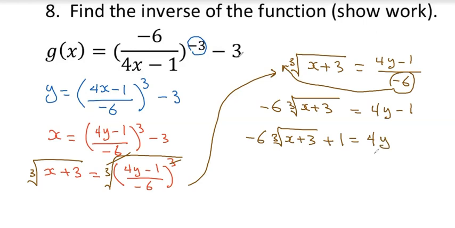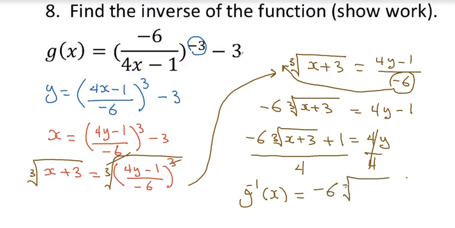Now I'm going to divide both sides by 4 and by 4. So now we isolated the y. And when it's the inverse, instead of y, we write g to the negative 1 of x. It cancels, of course, equals negative 6 the cube root of x plus 3 plus 1